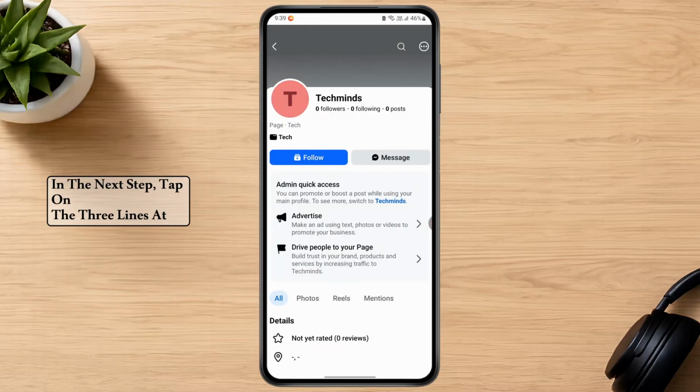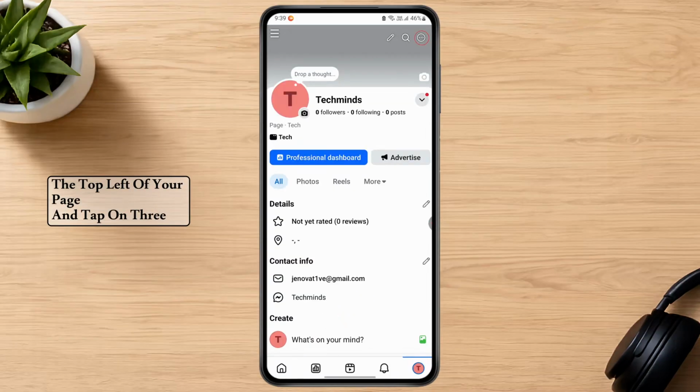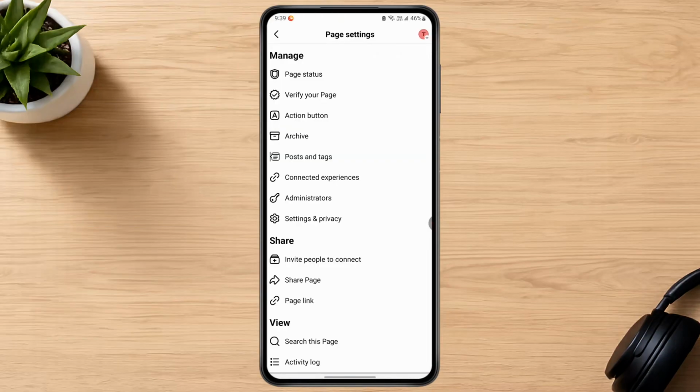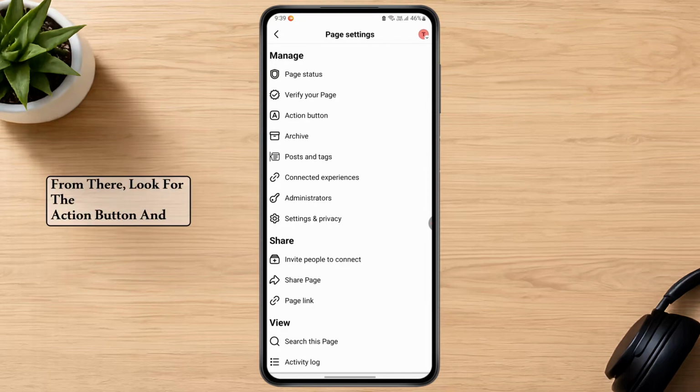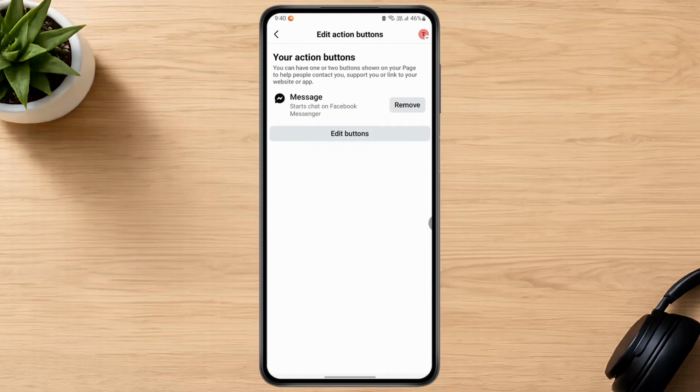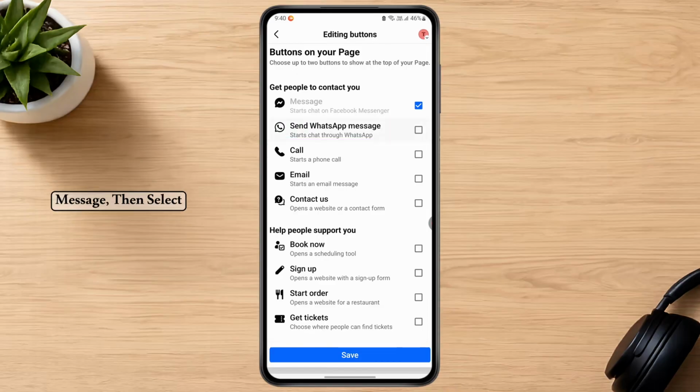In the next step, tap on the three lines at the top left of your page and tap on three dots on the top right. From there, look for the Action button and tap on Edit Buttons, then toggle on Send WhatsApp Message, then select